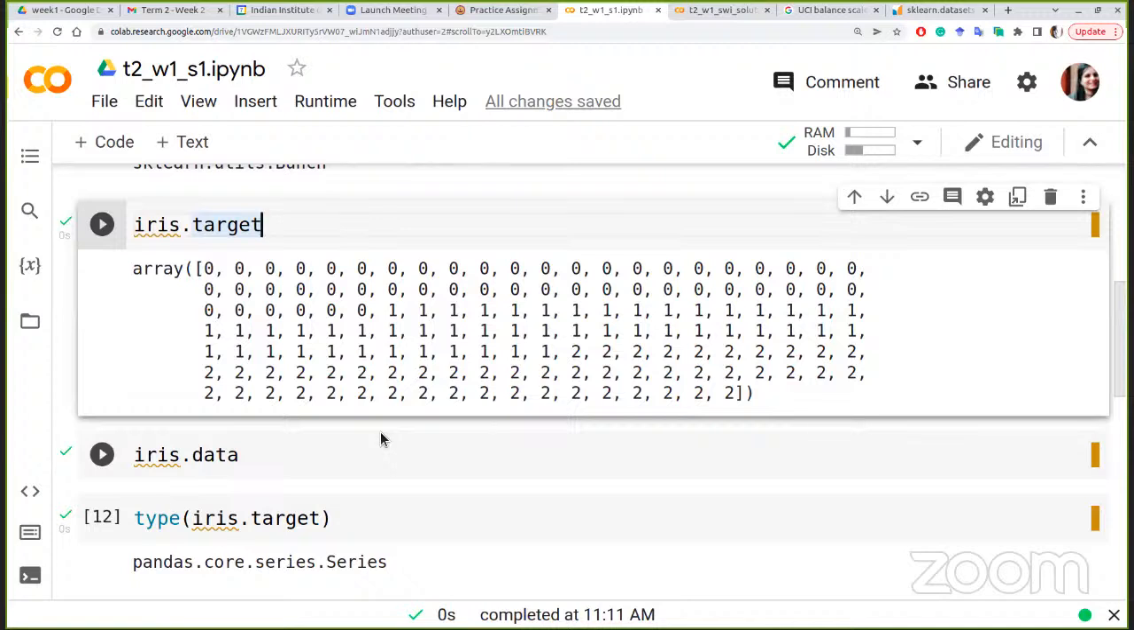So see, it's about how you're comfortable. Sometimes there are some people who are comfortable using NumPy functions. There are some people who are comfortable using pandas functions. So they accordingly convert it back and forth. So that is a practice. Let's say you want to make use of a pandas function, you can convert from NumPy to pandas